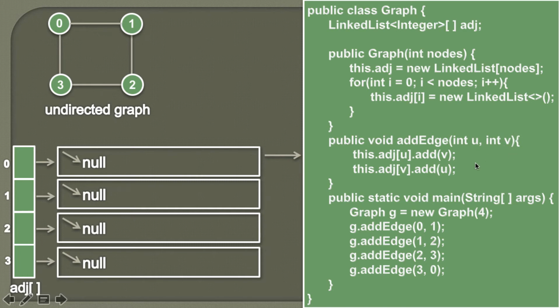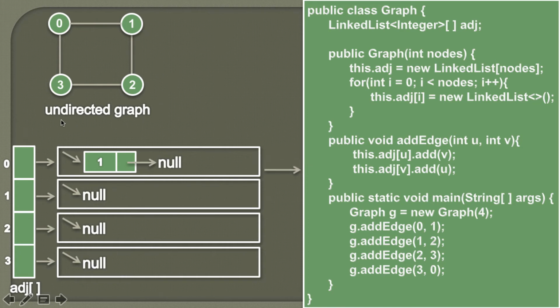Also in our previous tutorial we discussed how we can represent an undirected graph into an array of linked list. As there is an edge from 0 to 1, at the 0th index linked list we add 1. So first we get the linked list at the 0th index and add 1 to it. So it would look something like this. At the 0th index linked list we are adding 1. Moving ahead.